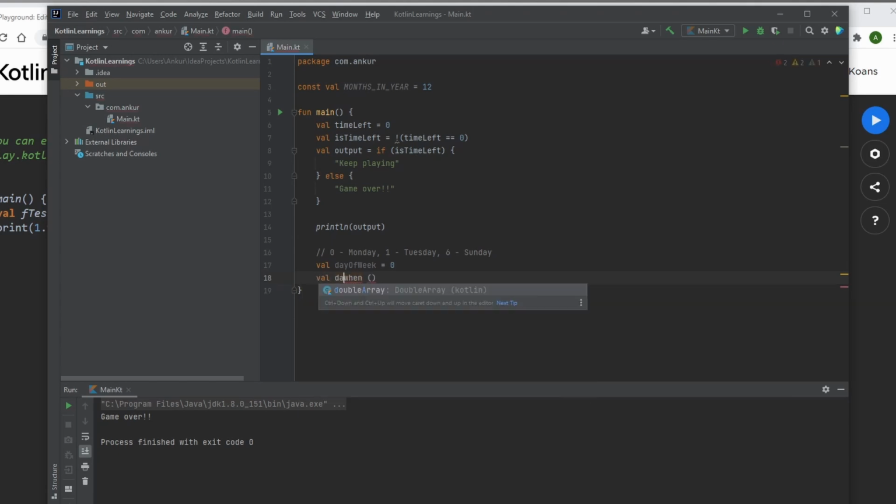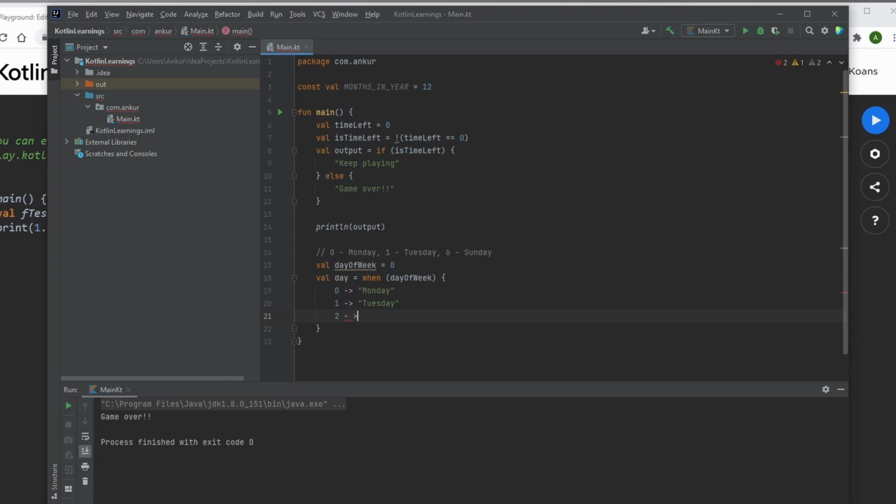I'll again store the value in a variable. Like the if statement, the when also returns a value. When day of week is 0, return Monday. The Java programmers might be confused that we are not writing return, but still the value is being returned. So Kotlin actually makes it easier for us. 2 will be